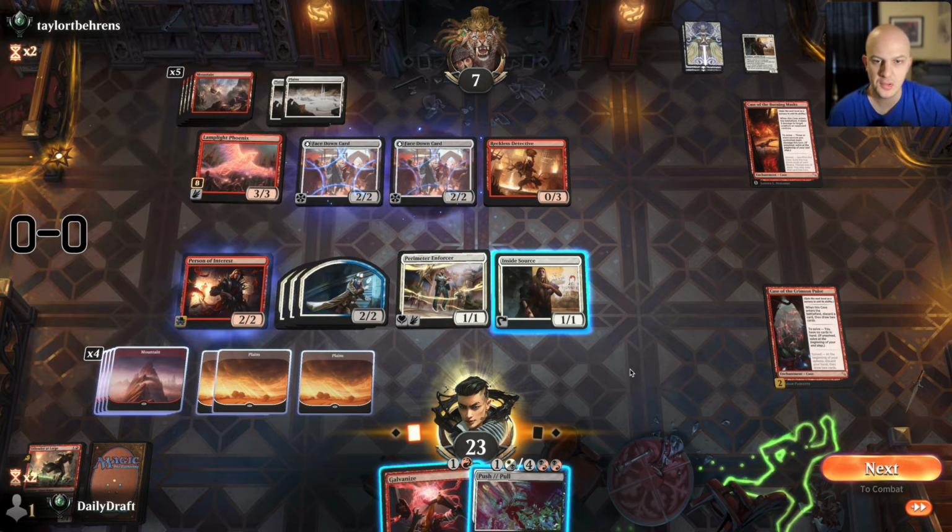Go to combat. Attack with the Thopter, I'm sure. Don't get priority, so they don't have a combat trick here. I don't like doing this, but currently that's the biggest threat on the board. And if we just keep letting it hit us, I don't know what we're searching for to try to get out of this here, so...